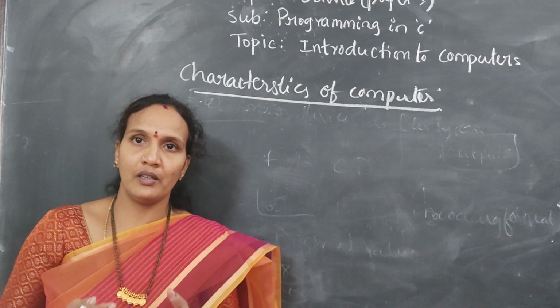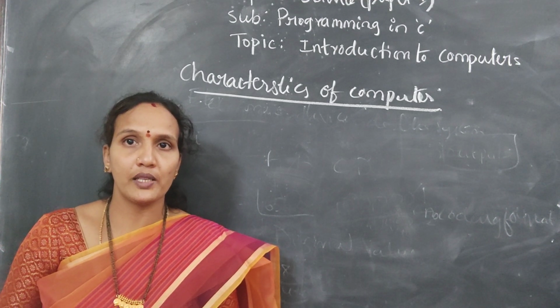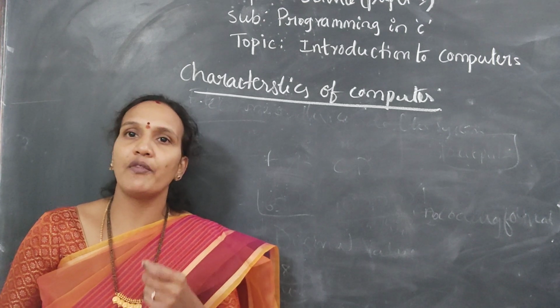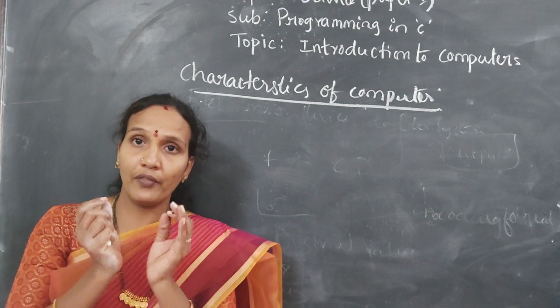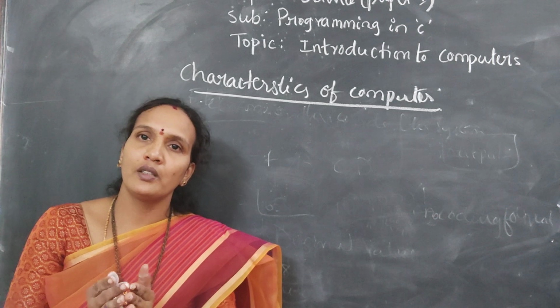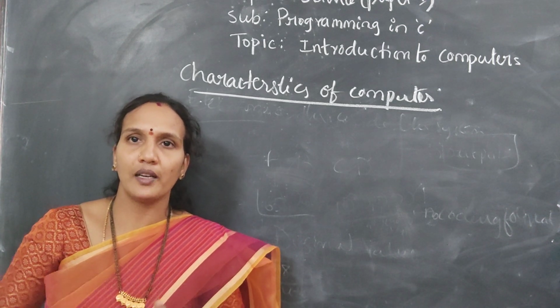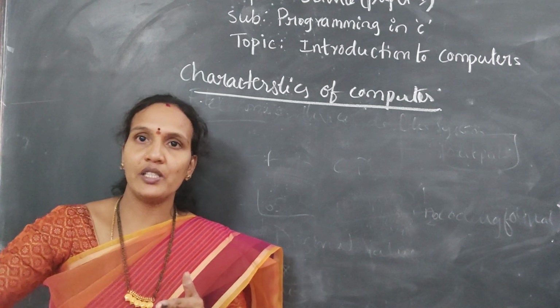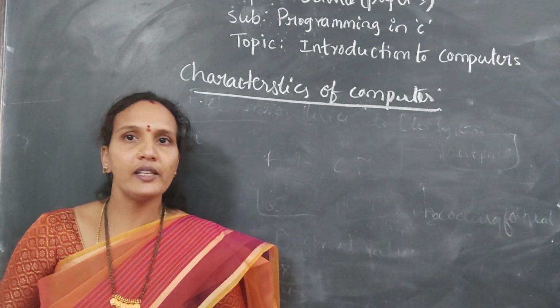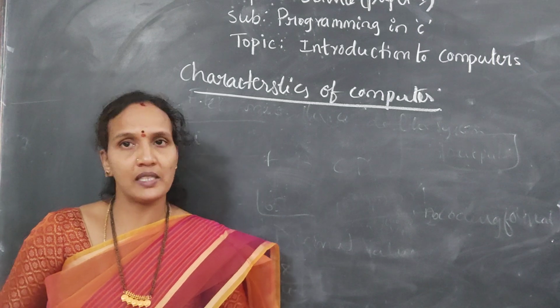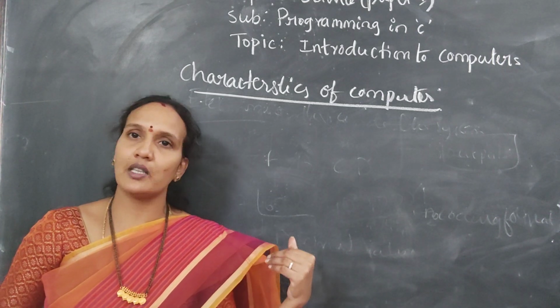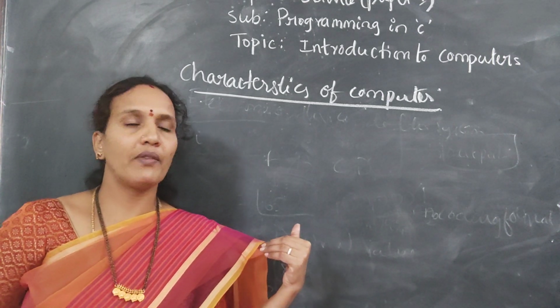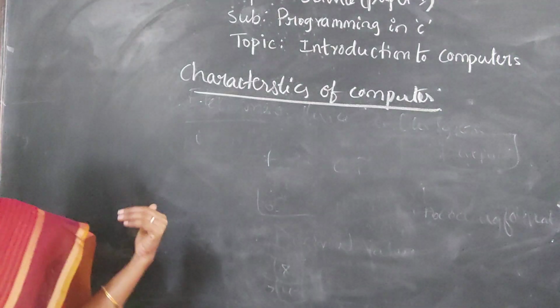You should have knowledge, because you are all computer science students. You should know each and every point of information about your computer. So that is why here I am explaining the total beginning, the ABCD of your computer. From the beginning I am explaining. In the next class we will start the generations. Today we will discuss these characteristics. Okay. Now I will give you the list of the characteristics.